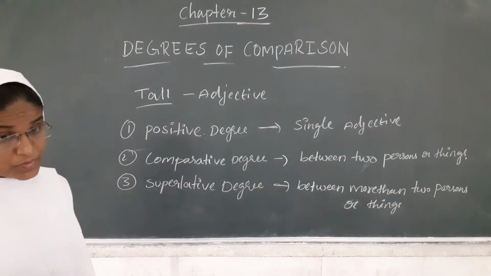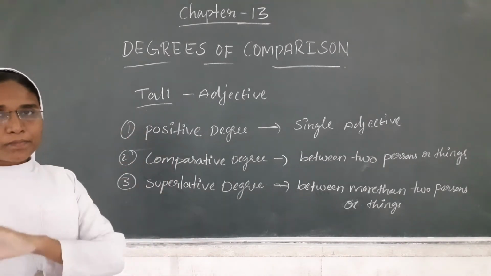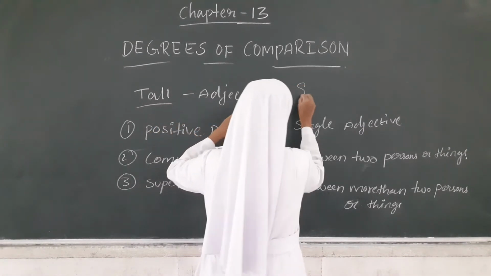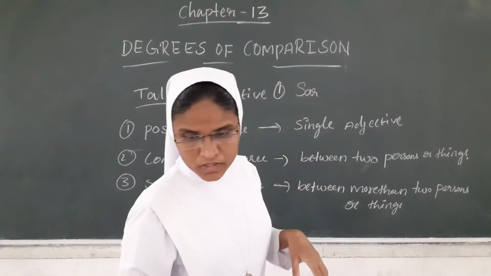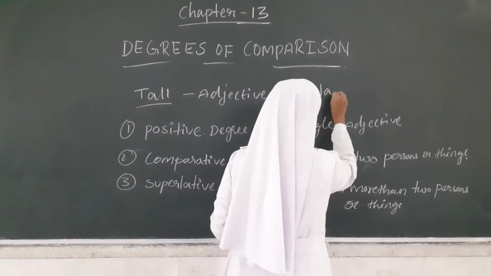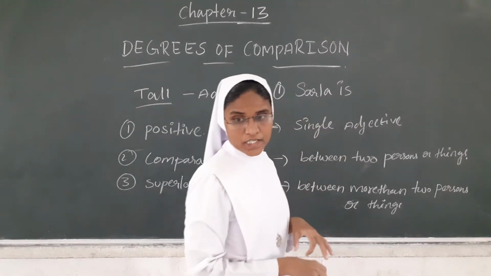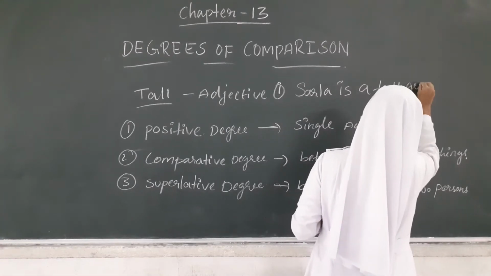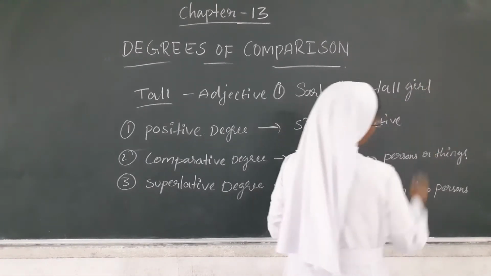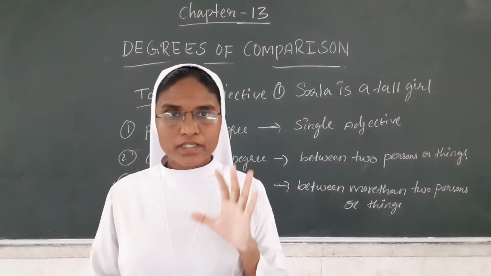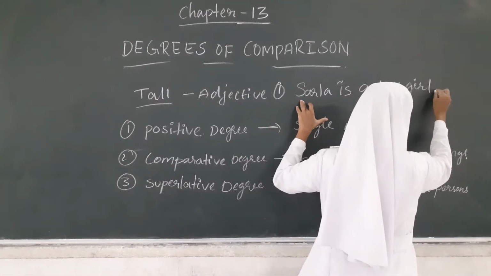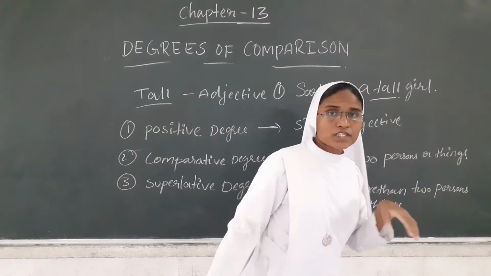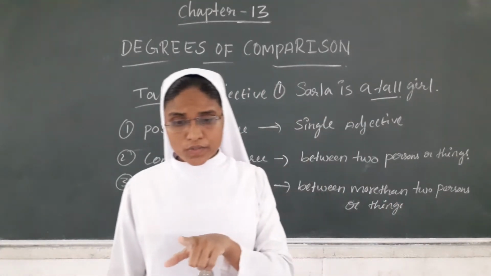Tall is an adjective. For example, degrees of comparison: how does this work with "tall"? For the first one I write: Sarala is a tall girl. This is the sentence, so here the adjective is "tall." The second one you see,